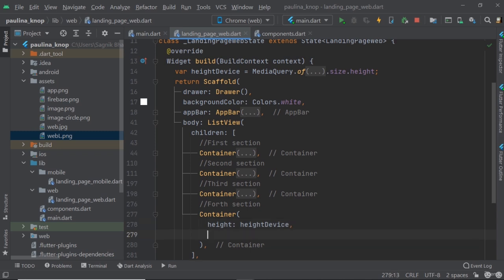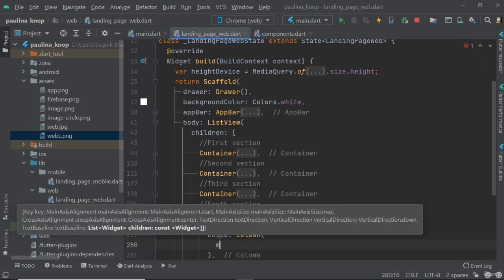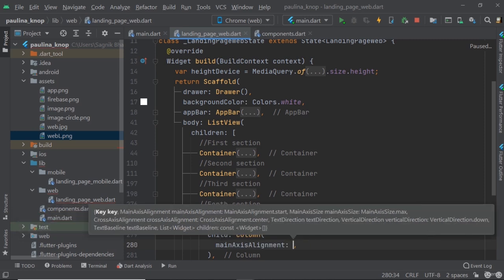Now, inside the child, let's write column and set the main axis alignment to